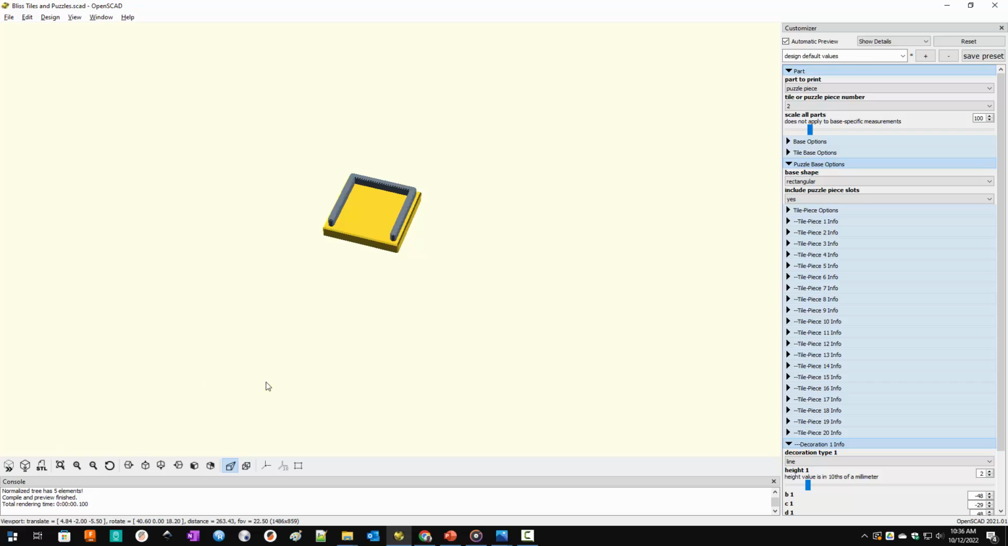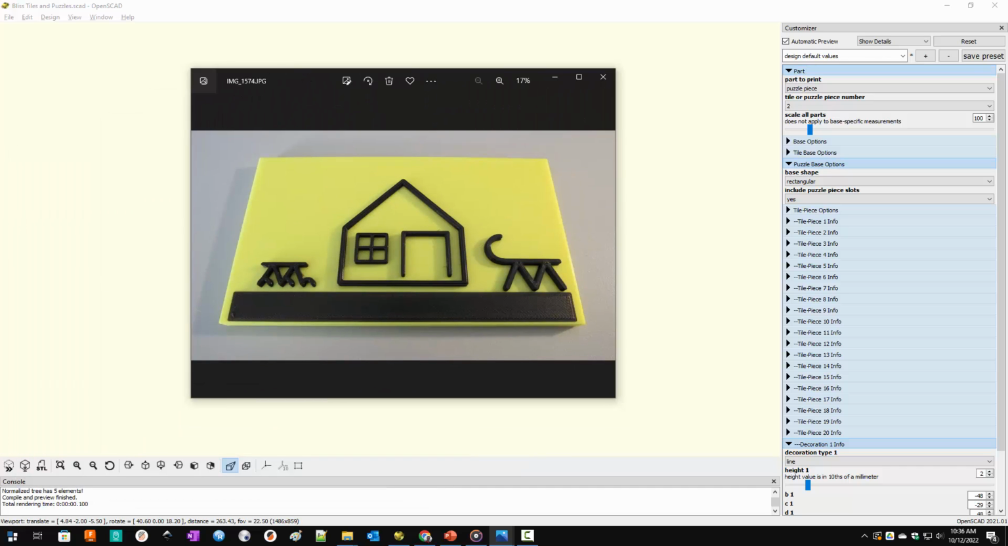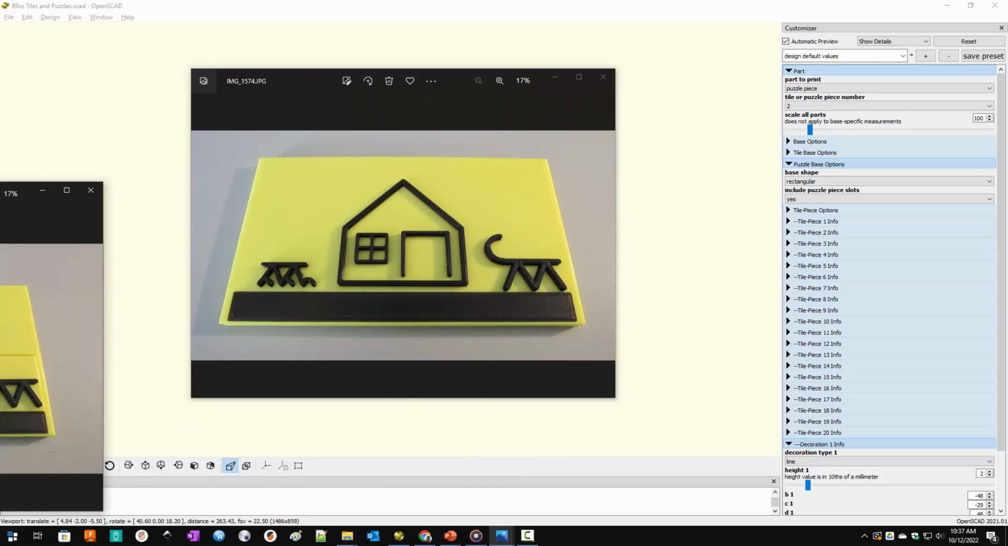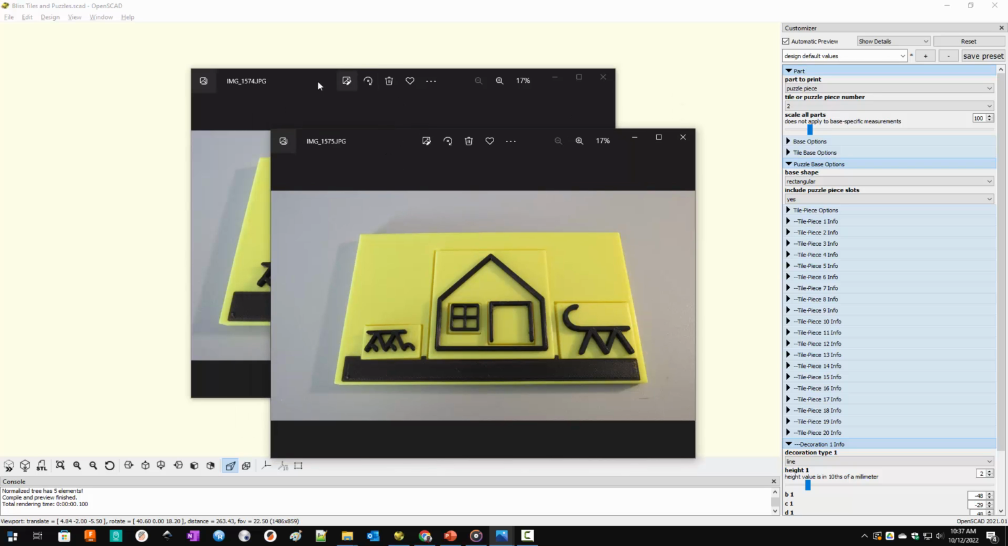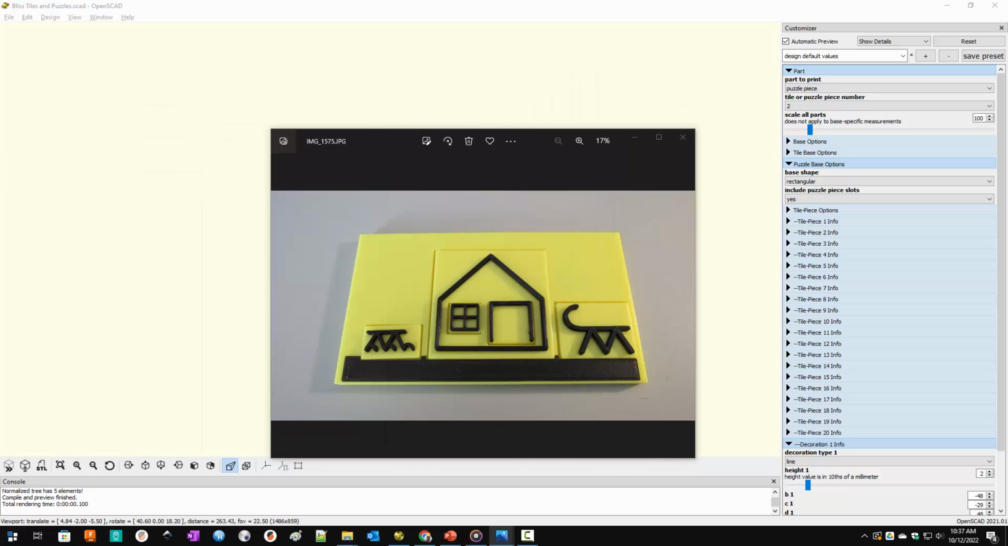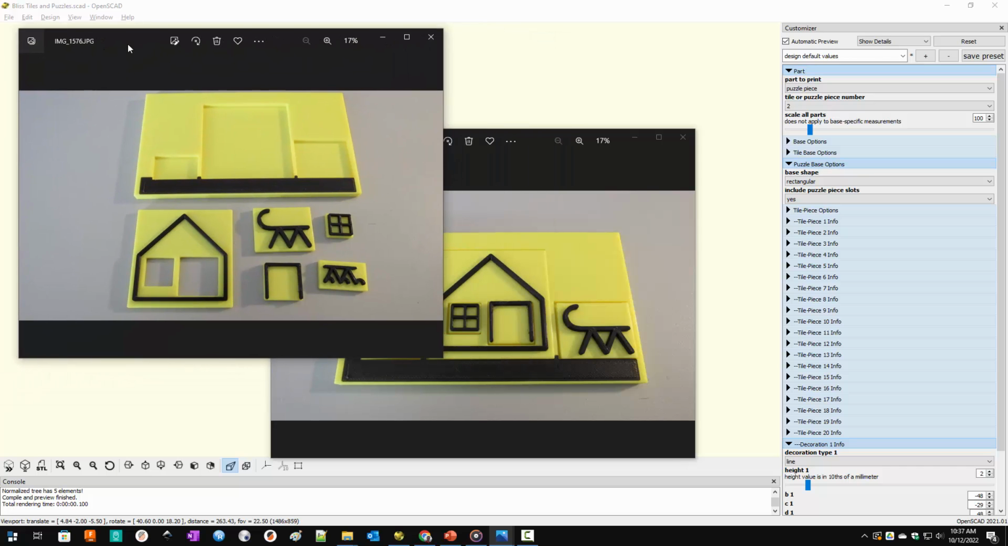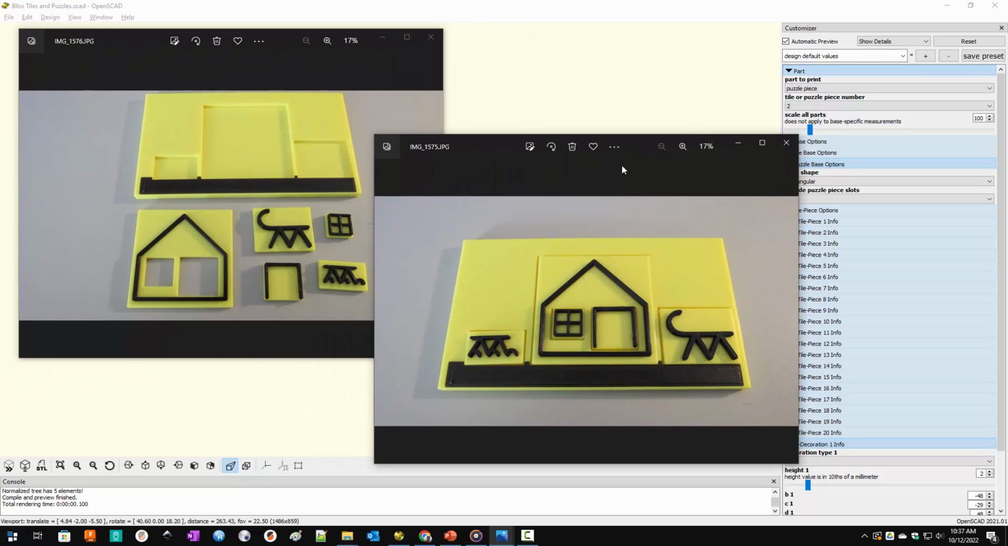Just save them all as STLs and then put them all on your printer at the same time, with the same print height as the point at which you swap filaments. And let's say I have that. That will produce all these parts, and a final puzzle that looks like this